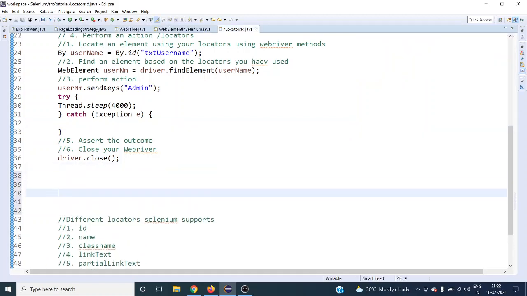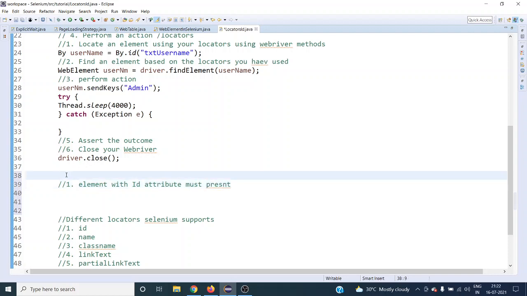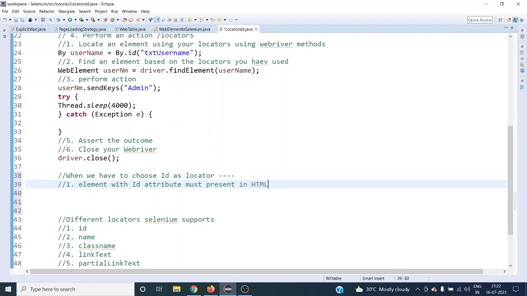So the first step involves this: the element with the ID attribute must be present in the HTML document when you choose ID as your locator. The HTML document is nothing but your web page.